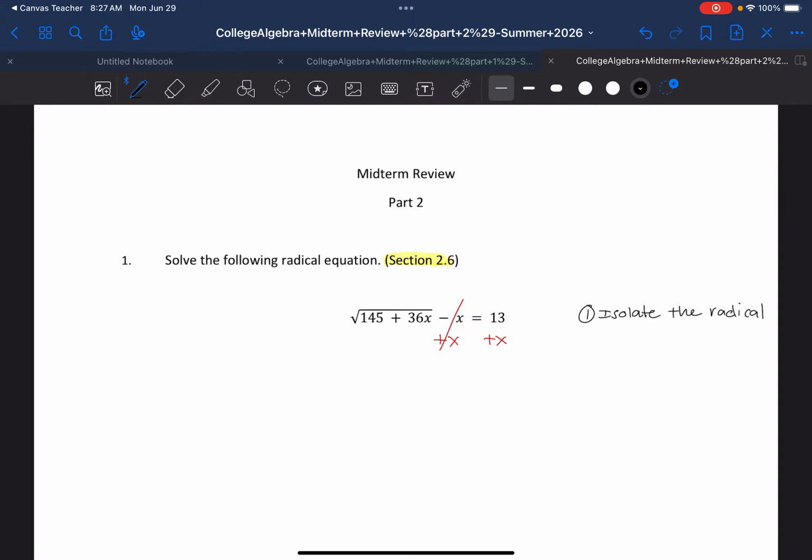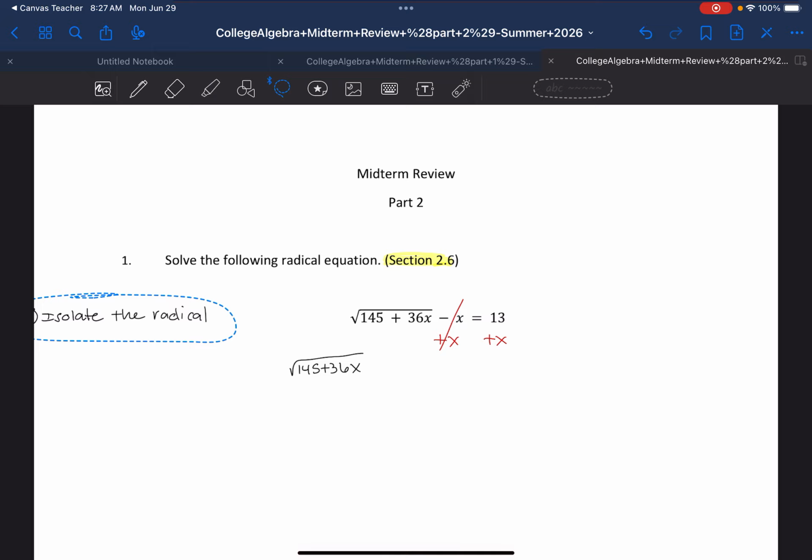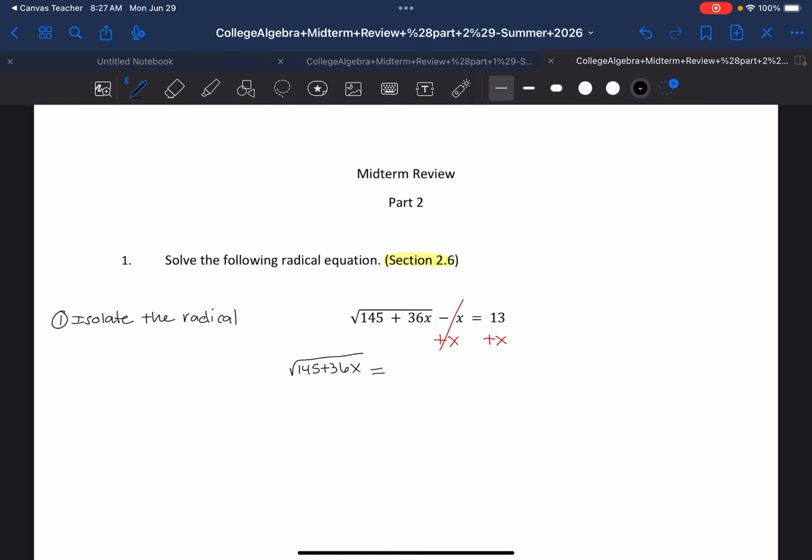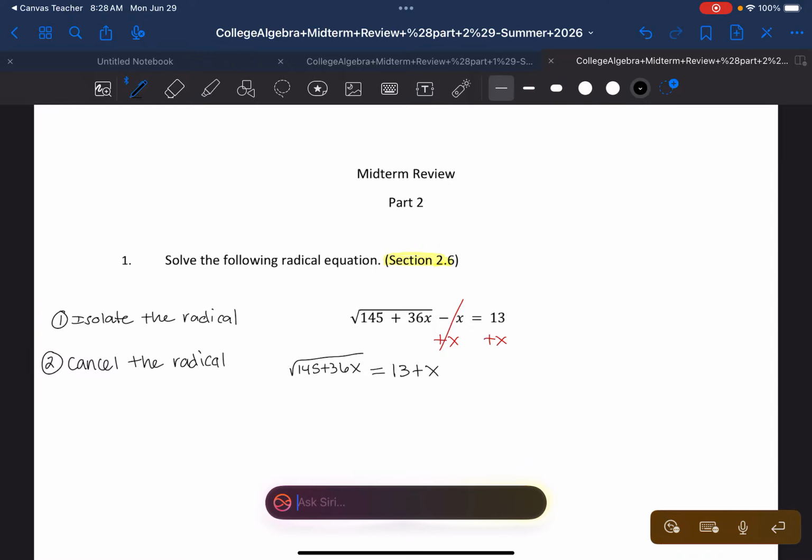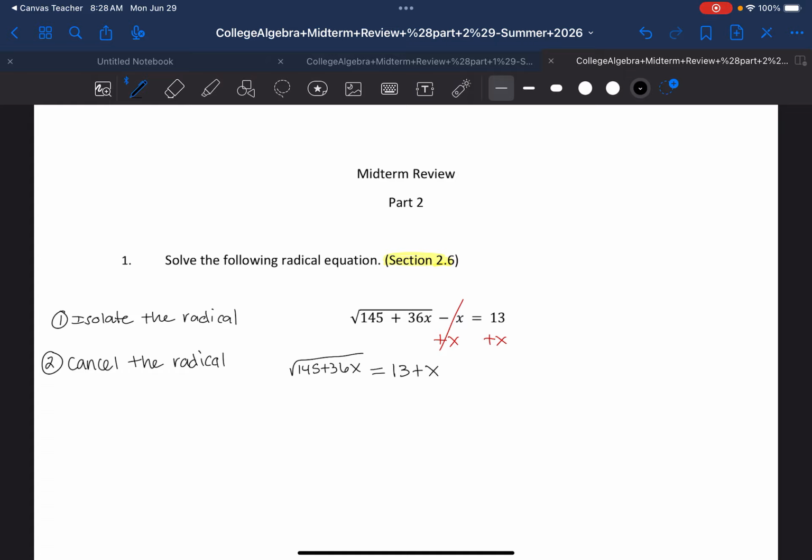So that will leave me with the square root of 145 plus 36x. Actually, let me write these steps on the left side this time. Equals 13 plus x. Okay, now the second step is to cancel the radical by squaring both sides. So because this is a square root,